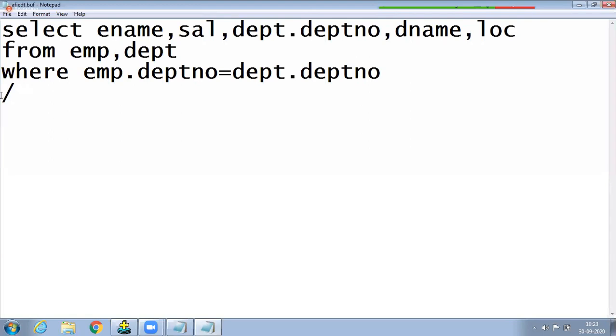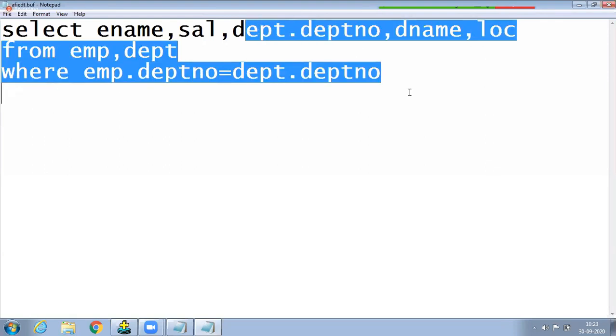And now check it out. Concentrate here. Suppose in this case, observe the previous case. Now tell me, anybody. I am writing this query: DEPT dot department number. In this case, DEPT dot department number would be 10, 20, 30, 40, but only 10, 20, 30 is displayed. It does not display non-matching rows. 40 does not display.